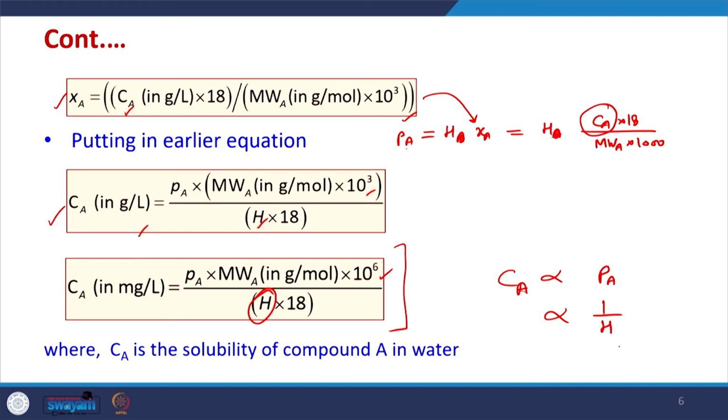But the unit of this Henry's constant is very important, because Henry's law or equation can be represented in different forms. This is only one of the forms. In the literature or in the problems we will find that the unit of Henry's constant is not always atmosphere or any pressure unit; entirely different units for H may be represented. So, we are going to discuss that also.